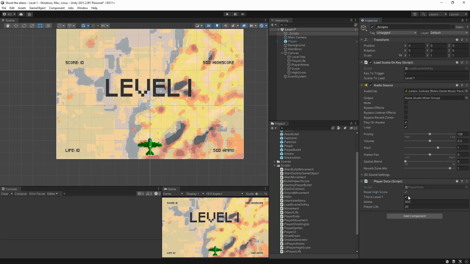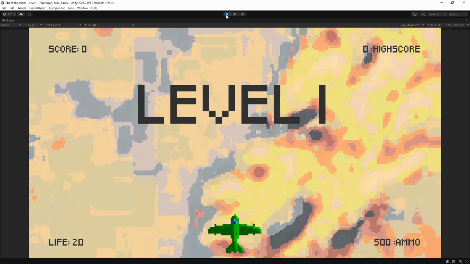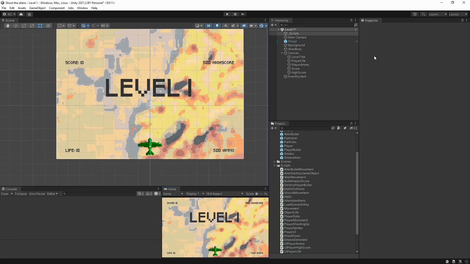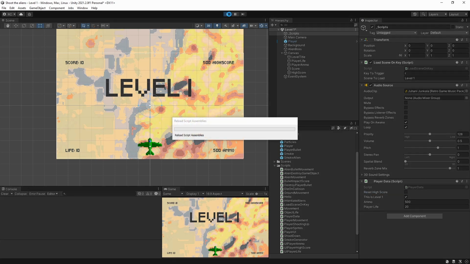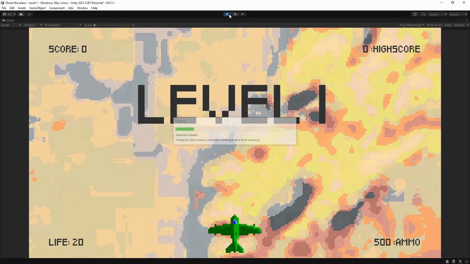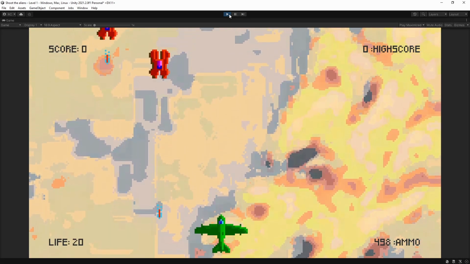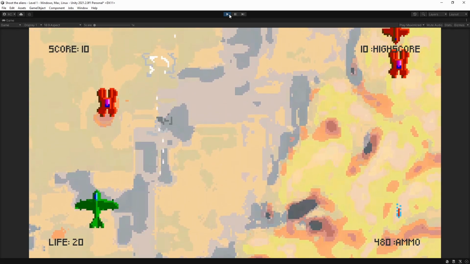If I tick this box here and play once, I score is at 0. It was saved as 0, so now I remove this and I can start from the beginning. I need to remove that because it will reset every time I open the game. So now let's say